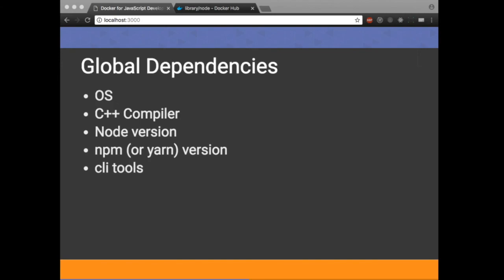And so if you don't have the right C++ compiler, then some of those dependencies won't install properly. Also, the global Node version on your machine is also a global dependency. The version of your package manager, whether that be npm or yarn, is a dependency, and then other CLI tools